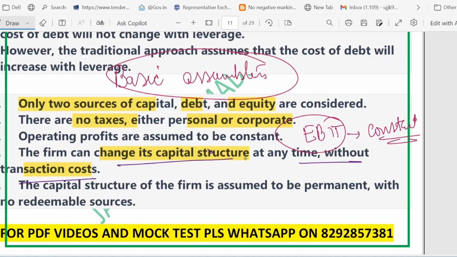The next point is, and finally, the market is assumed to be perfect, right? Where all the investors are fully rational, right? All the investors are fully